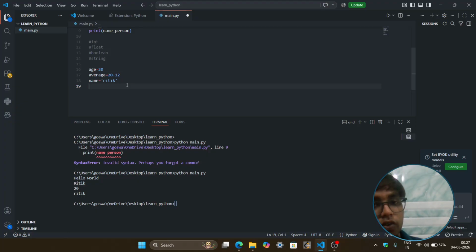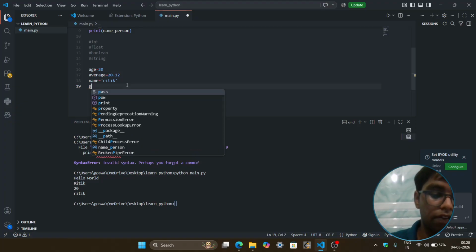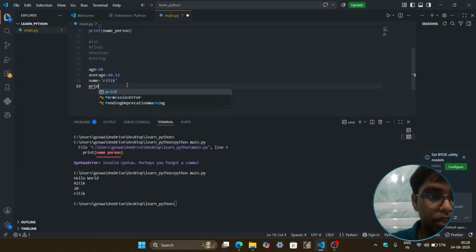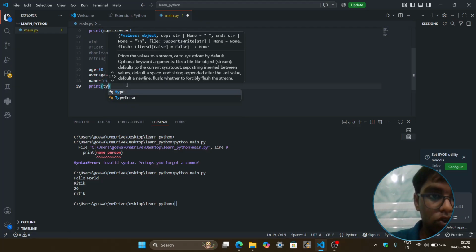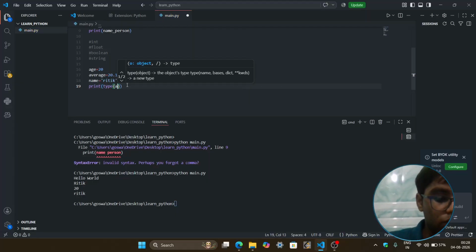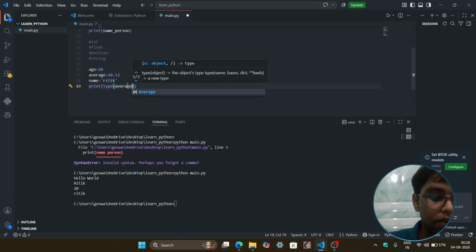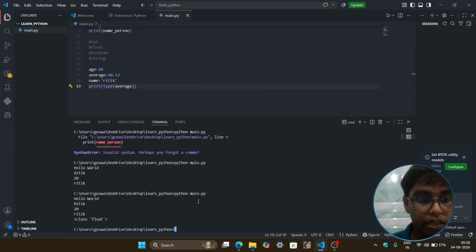So if we want to know about the type of a variable, we use a type function. So let's check our print, what is the type of our average. So we will use print, then we are going to use type, then we are going to enter our variable in it, save data, and now enter.